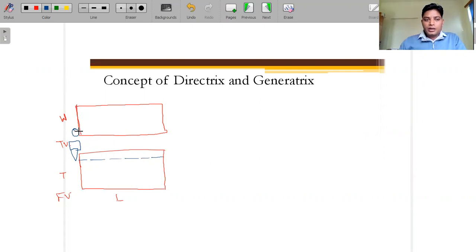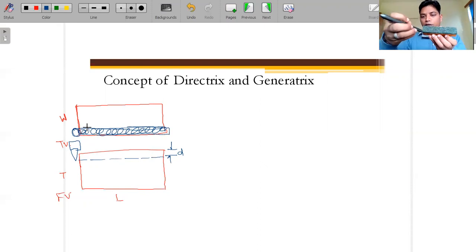This single point cutting tool is moving in this direction, so this depth of cut of the material has been removed, but only from this area. Now this is removed, so we have to move in this direction, then again come here, then move in this direction, like that.